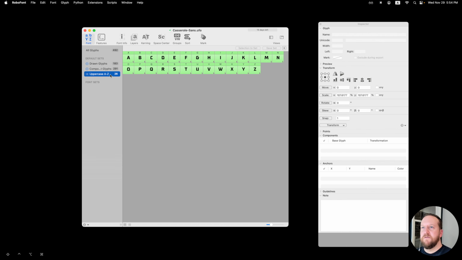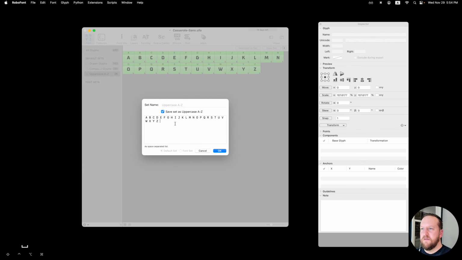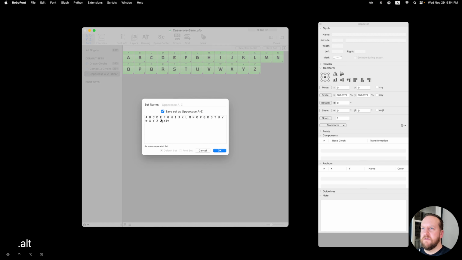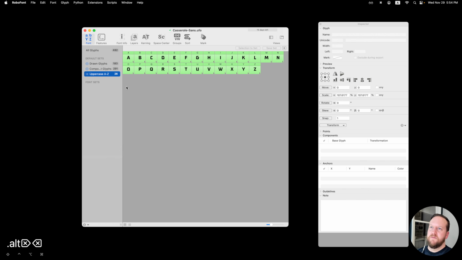So if you have a font where maybe you want to add in something like a z.alternate, it will tell you that you have 26 out of the 27 glyphs in this list, and so you can set that as a goal for yourself to fill out all the set, and then you've reached a certain stage in your font design,